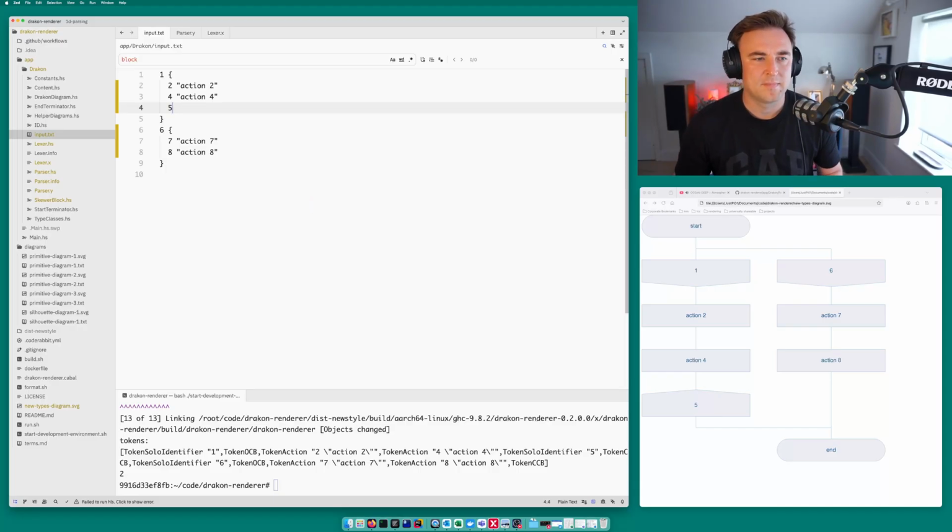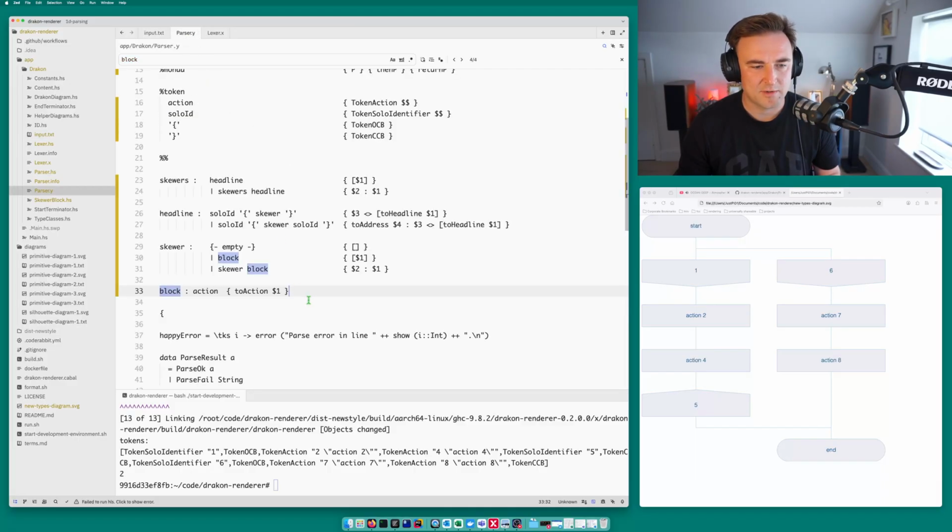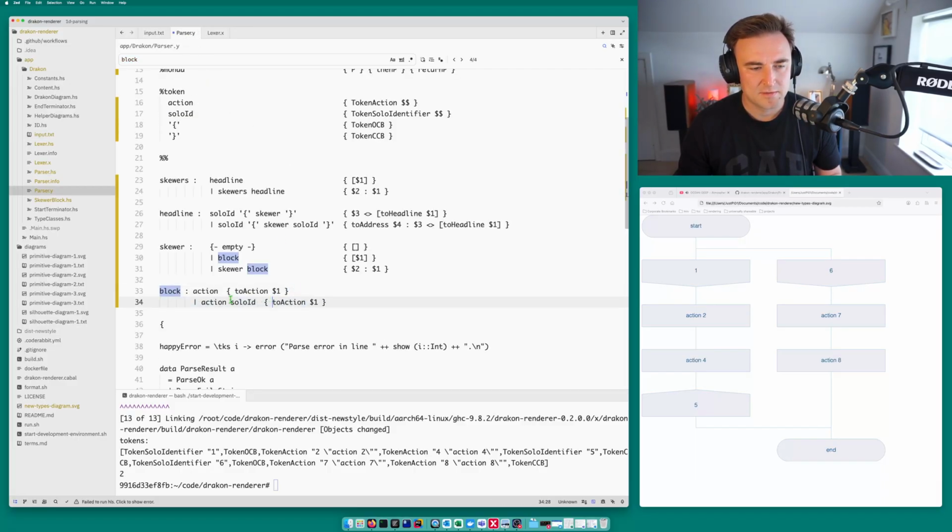Oh, solo ID, closing bracket. Genius. We already have a conflict. So it can be solo ID. But